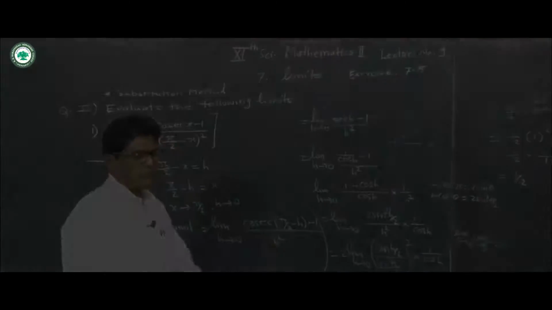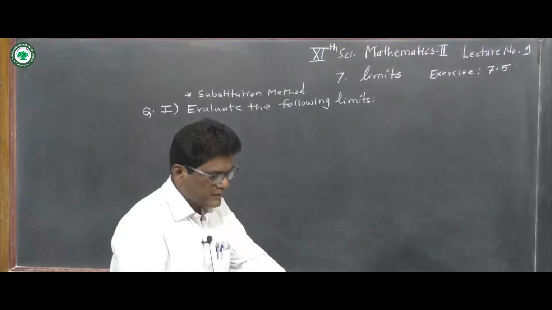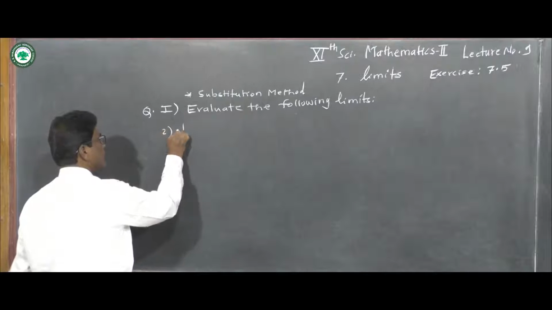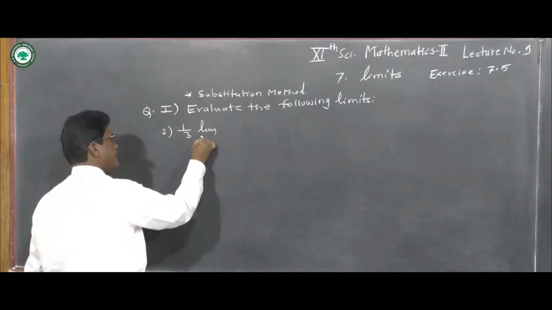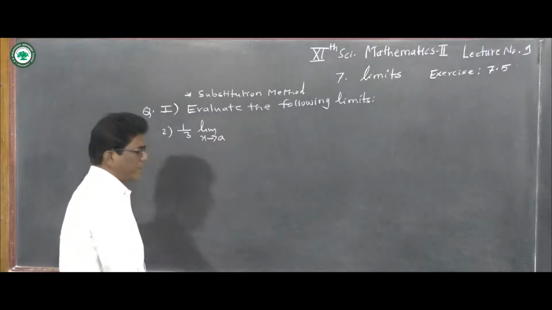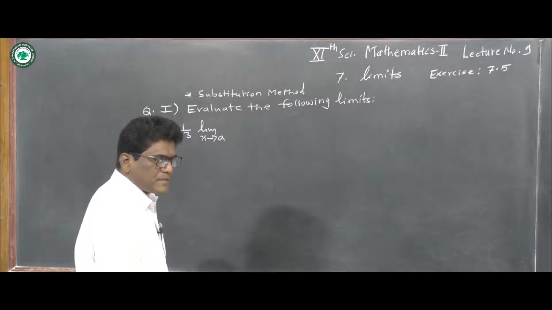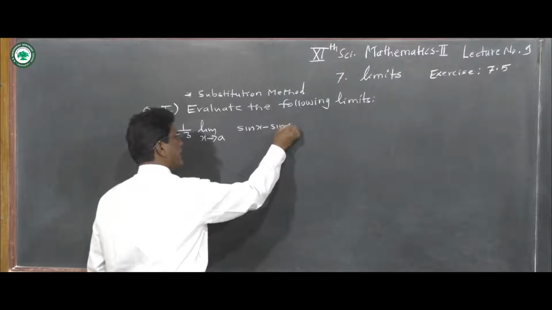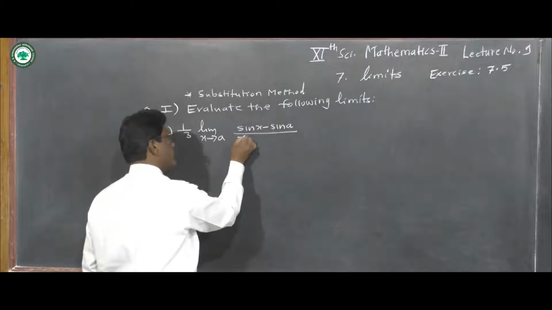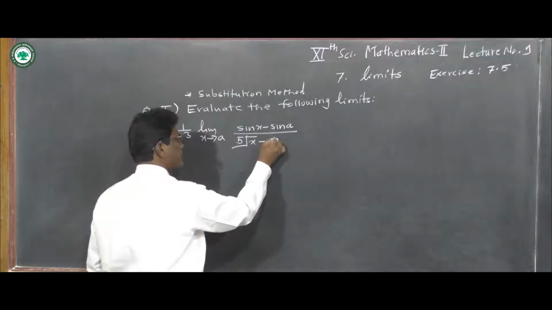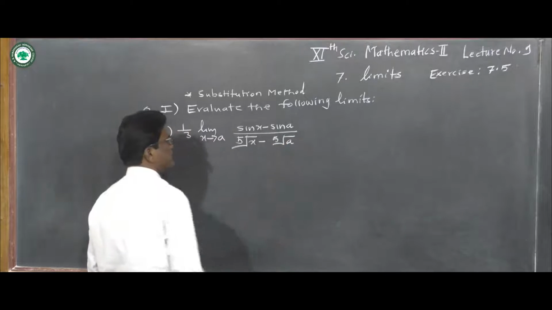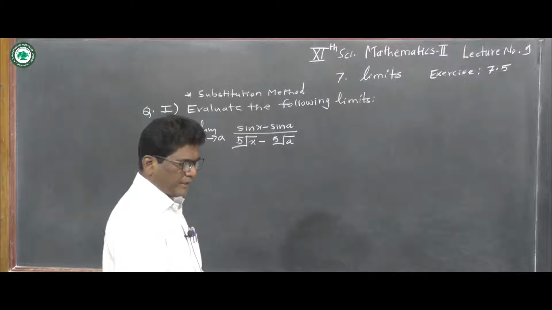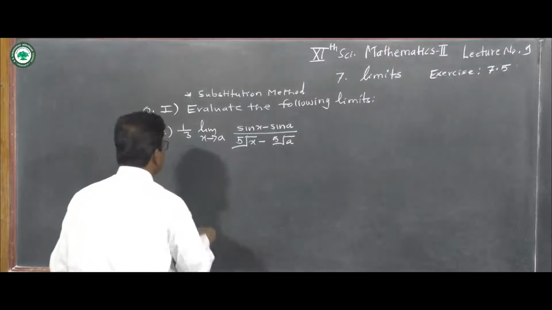Now we see here the next problem. Limit, 1 upon 3, second problem here: 1 upon 3 limit as x tends to a of sin x minus sin a upon fifth root of x minus fifth root of a. Okay, so this is equal to